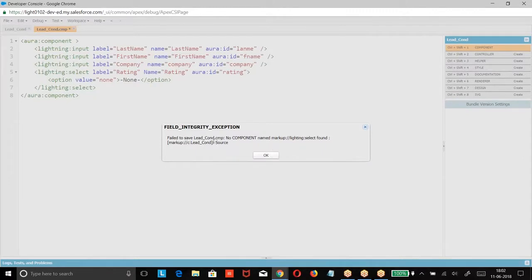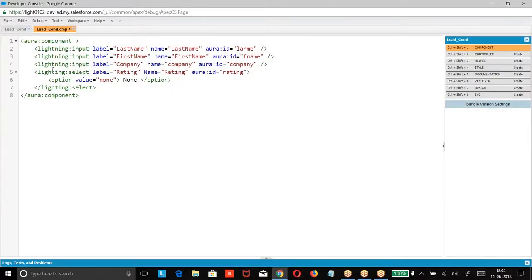What was this? Component, no component marked, lightning select. Some typo errors. Now we created this.